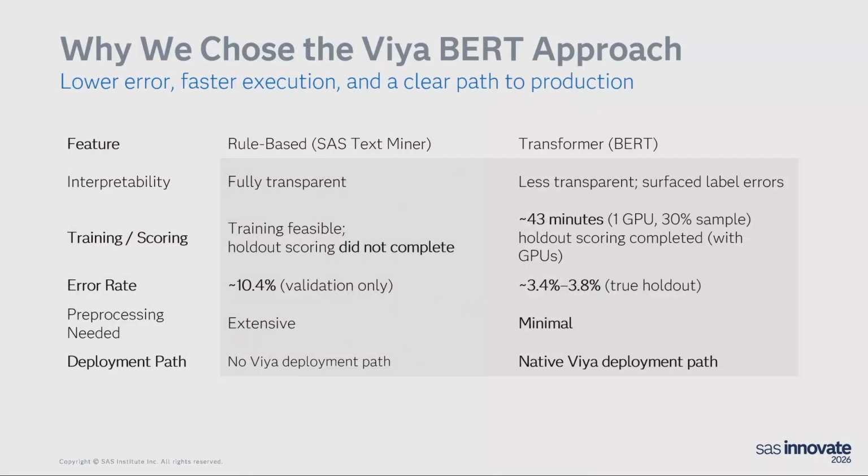So is this an easy winner? Which model do we pick? Of course, it's the transformer model, for all of the reasons I just discussed. Like I said, it requires minimal pre-processing steps, which is such a relief for me personally, because I don't have to spend days or weeks polishing and going through the text parsing node to get it right for the models. And it also fits the native VIA deployment path, which our overall project requires.